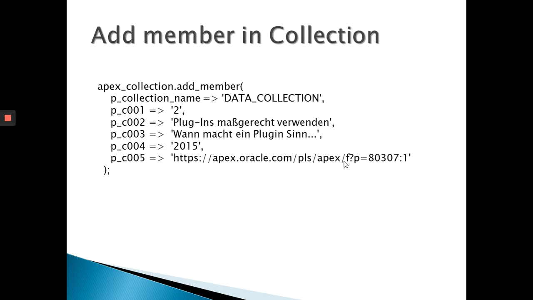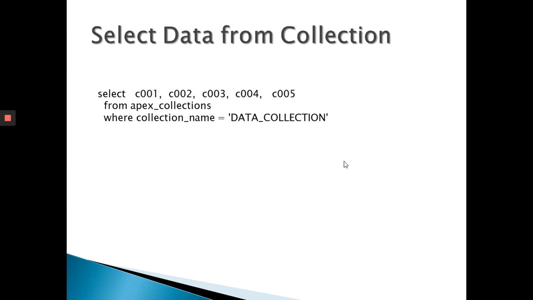So in this case, there are 50 columns that are assigned for the varchar2 values, and 5 columns are assigned for the numeric values, which we are going to see in the practical section. So basically, this is the command for inserting the values in a collection. And now after inserting the values, how can you check the values?